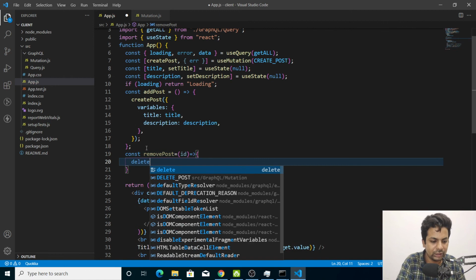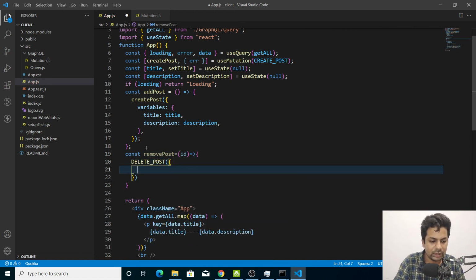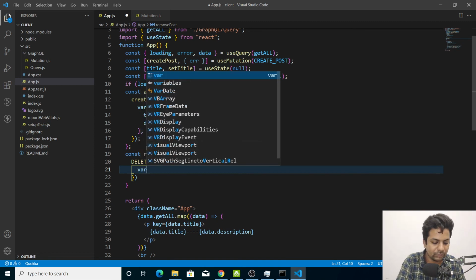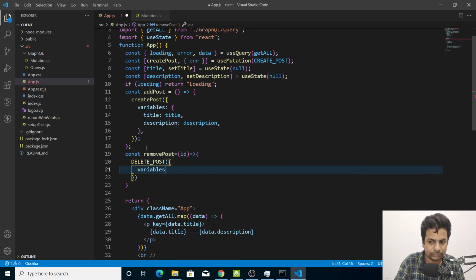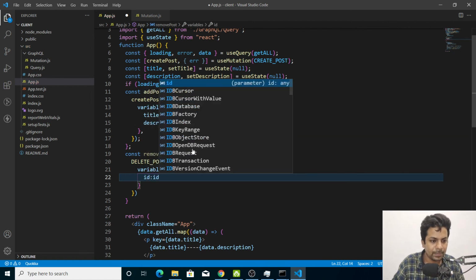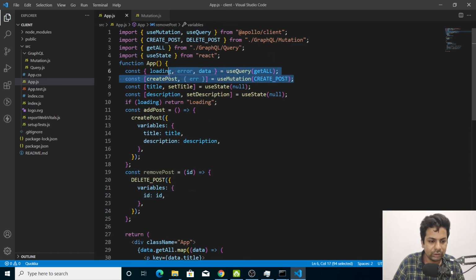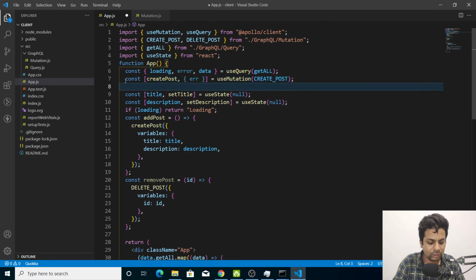Then we'll say deletePost because it is called deletePost. Then here we'll say variables, and we are sending just the id. So we have to use the mutation for deletePost also. So we'll just copy this, paste it, and here we'll say deletePost.